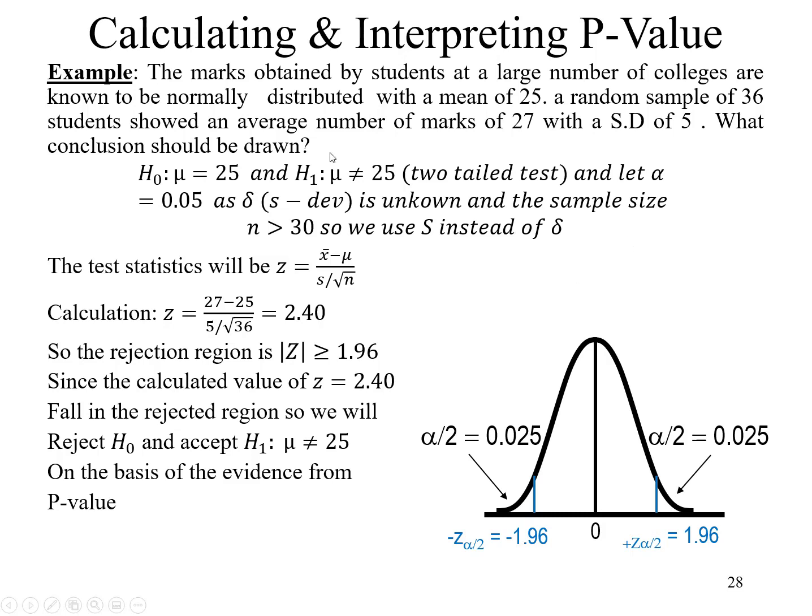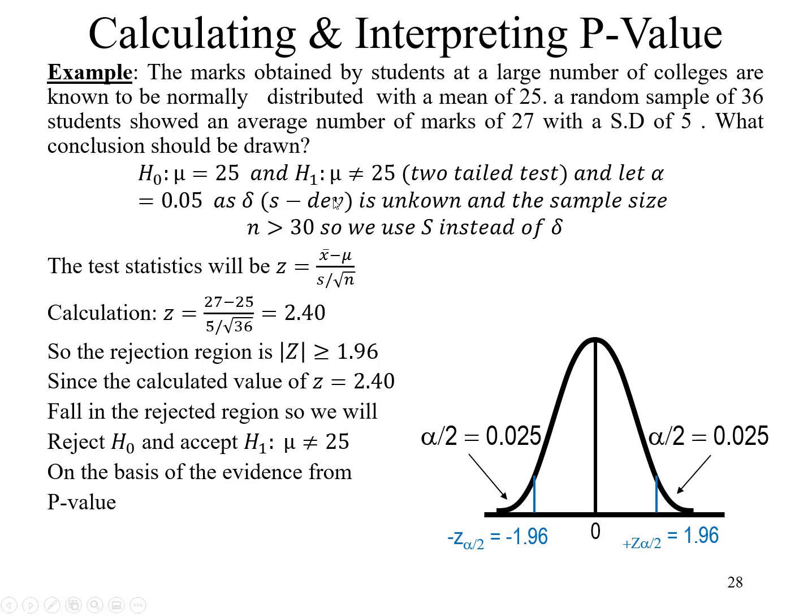So that is why we use this distribution, because they mentioned normally distributed. So we sketch the normal distribution and we split that distribution in two parts. What conclusion should we draw? So on the basis of this, what do we need to do? Let us use a level of significance alpha equal to 0.05. So what is level of significance? I have mentioned that in your production maybe there is a 5% defective proportion. So we just keep that defective proportion at 5% in this example.